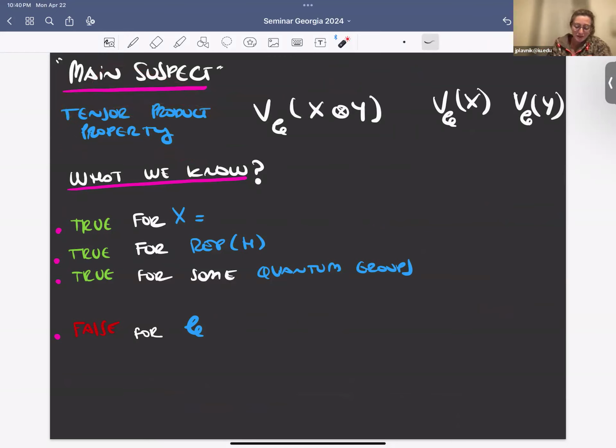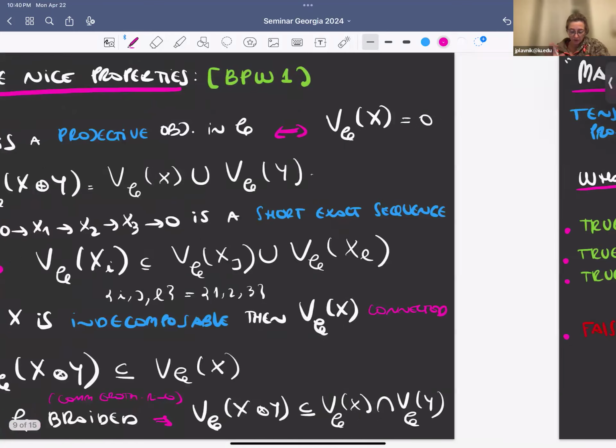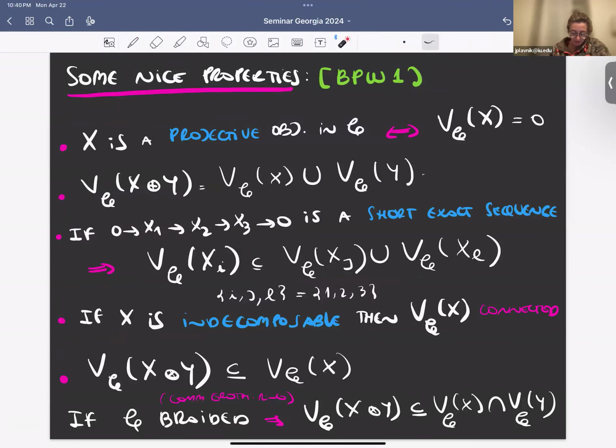So what we want to study is when this is the case, when there is an equality and not just the inclusion, or what happens. So what we know, I was mentioning this previous paper with Peter and Sarah, where we prove some of these conditions. Let me go back for a second. I don't want to make people dizzy changing things, but when we prove, for example, this indecomposable result and also these things,